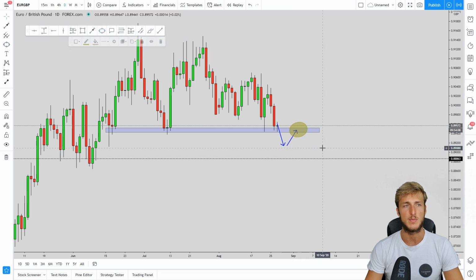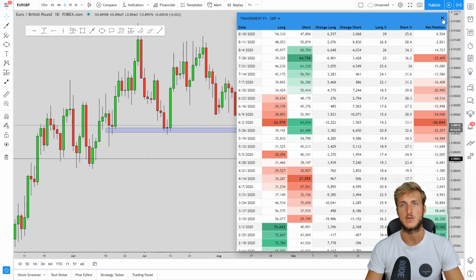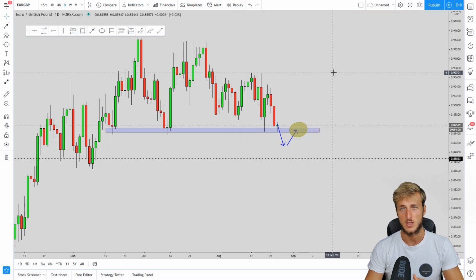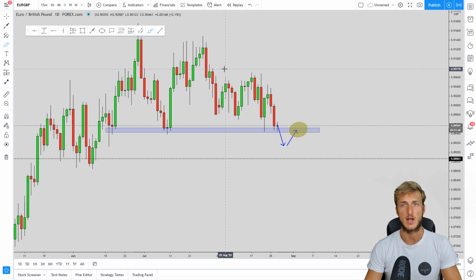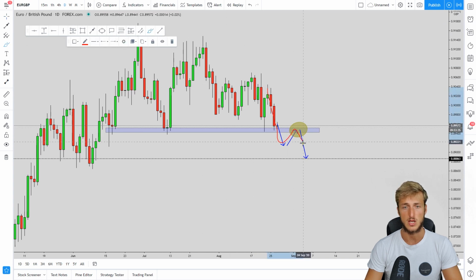Now, as usual, the monthly, weekly, and daily timeframes combined with the COT data are the best timeframes when it comes to the direction of the market. But the best time frame for entry is the 4 hours. So inside of this area with students, we will be monitoring price action on the 4-hour time frame, waiting for the market to provide to us one of our valid entries. And if the market will provide to us one of our valid entries, we will be taking a nice short with a very good risk to reward and very good probabilities for the move to the downside and for the market to complete this impulse correction and impulse pattern,